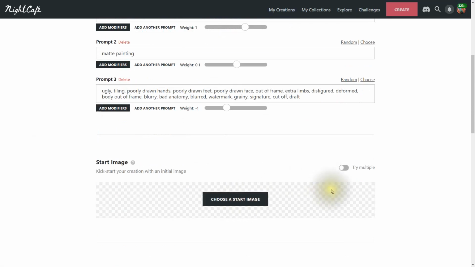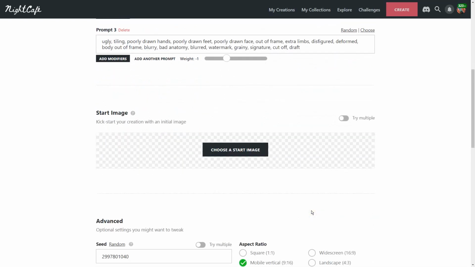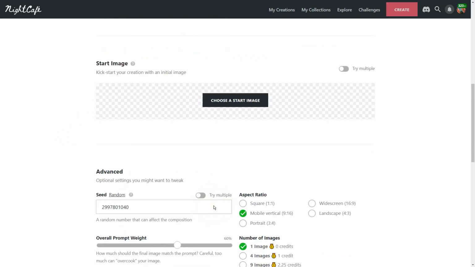And we're not going to be starting with a start image. Let's say that you're doing Photoshop and you have an idea of already what you want to be the result. You could upload an image, a start image. You can even use multiple images there to work off of. And then when you do that, you'll be using a mask. In this video, I'm going to show you actually a start image, and I'll be creating a mask to create a special effect. That's going to make this really nice.